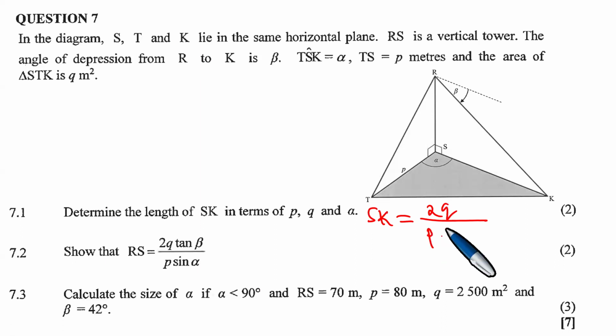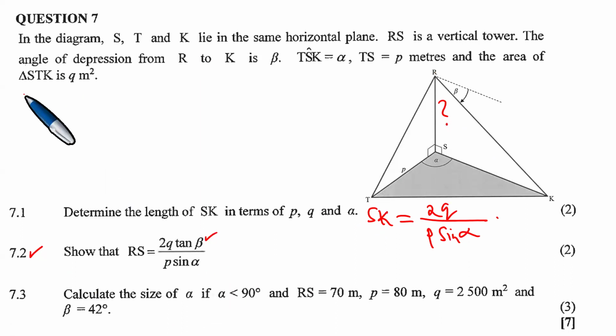2Q over P sine alpha. That is actually our SK expression. Now in 7.2, that is what we're doing next. We need to show that RS is equal to that. So to find RS in a way that is going to involve beta,